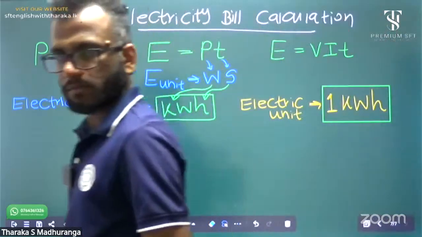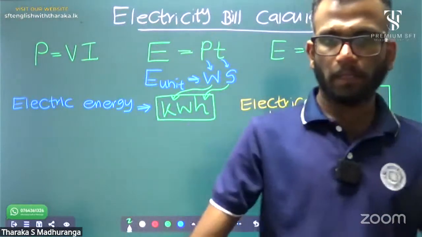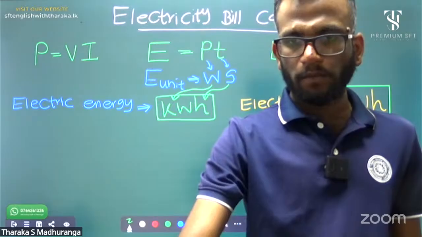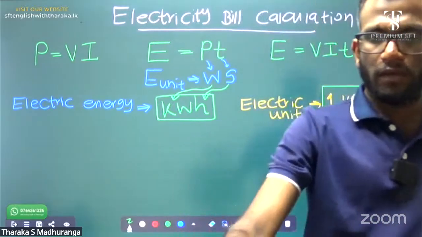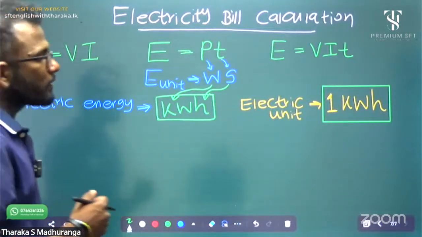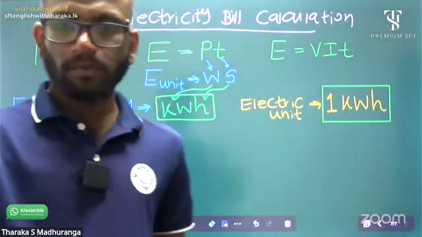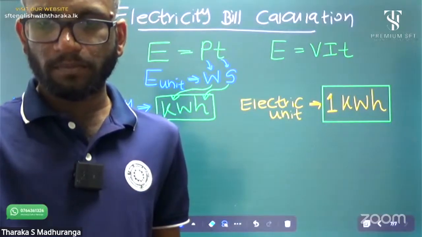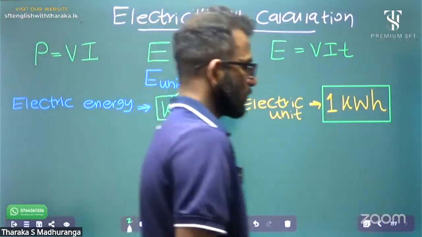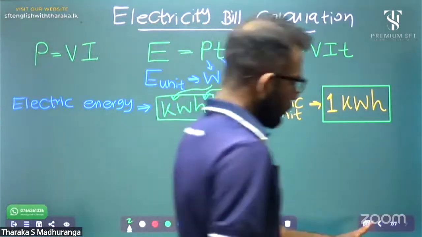1 electric unit equals 1 kilowatt hour. Then, okay, let's do an example. Okay, in your home,